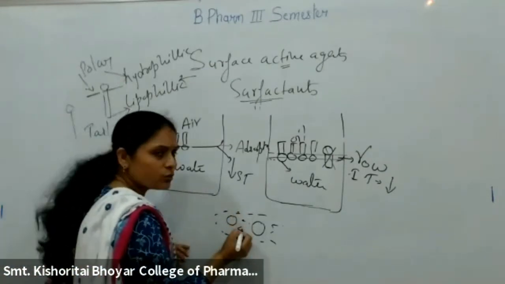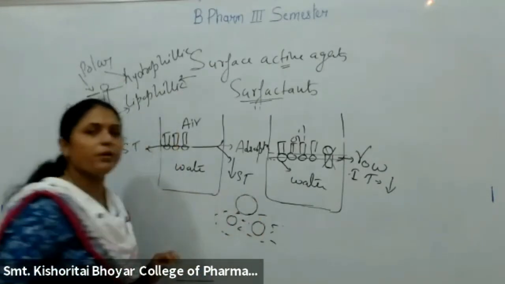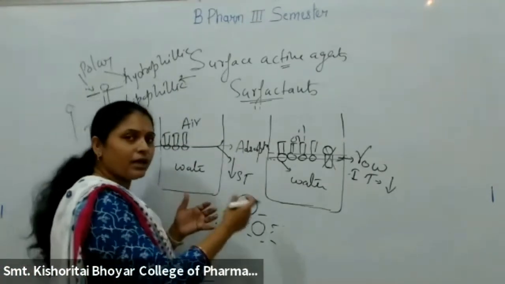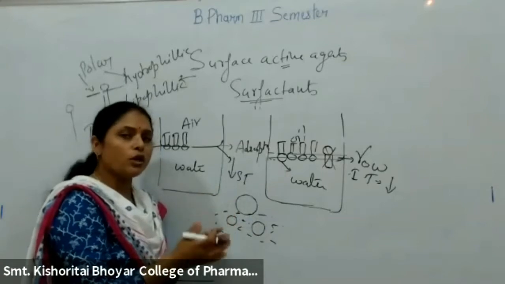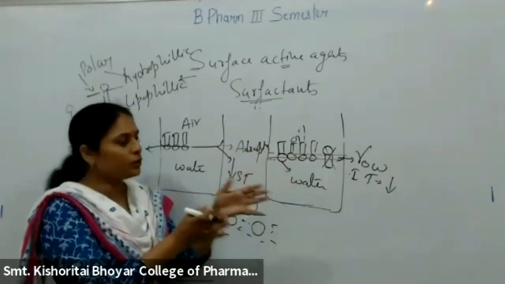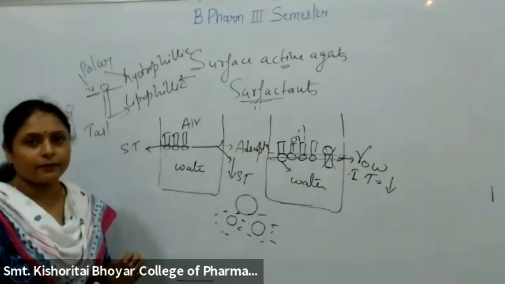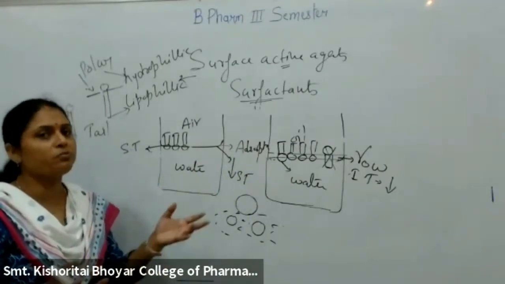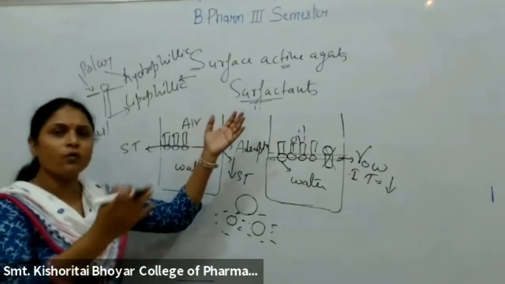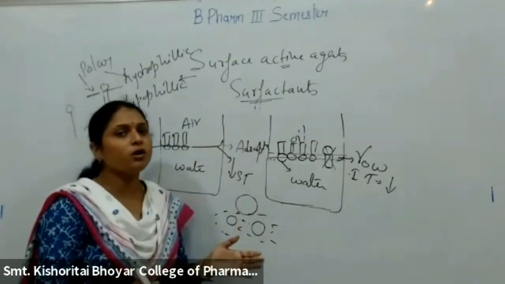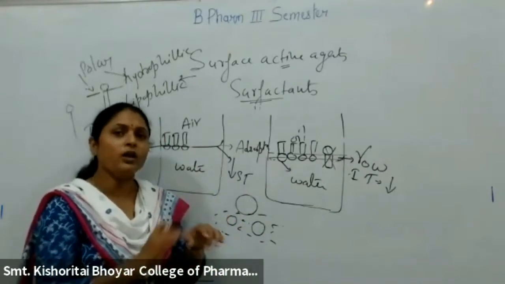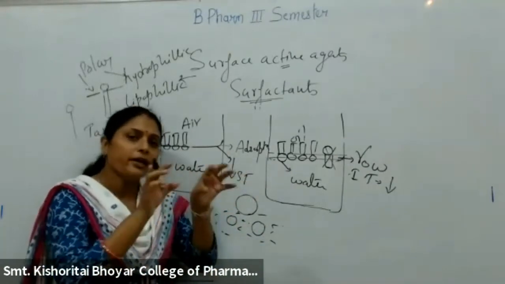If they will coalesce with one another, they will form a bigger globule. And in this way, what will happen? धीरे धीरे क्या हो जाएगा? All oil globules will coalesce with one another, and the oil will separate out as a different layer, and thereby we call it as what? Emulsion break हो गया. दो phases different हो गए, oil phase different हो गया है, water phase different हो गया है, it will not be called as emulsion. Emulsion हम तभी बोलेंगे उसको जब oil water के इसमें properly dispersed रहे.